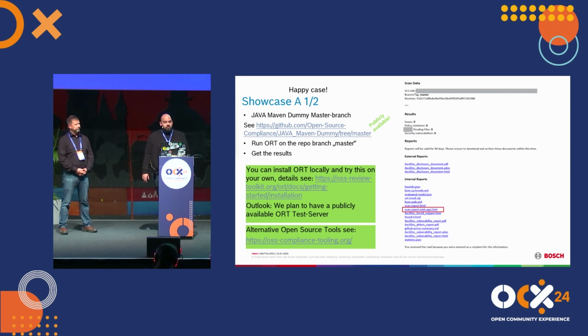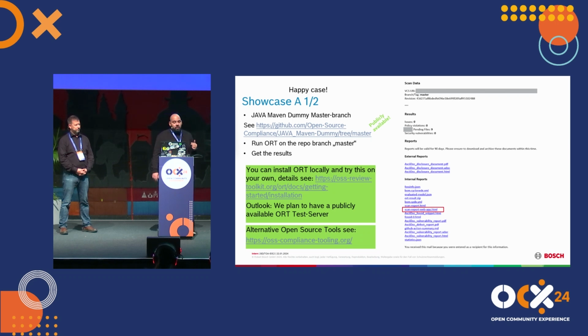But back to this showcase and this happy case, as we call it. Here we've shown the initial email results that you will receive after successfully scanning the master branch. You have all the information for the scan itself, and all the supporting reports and documentation that you generally get scanning any other project